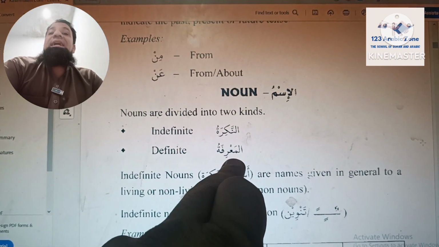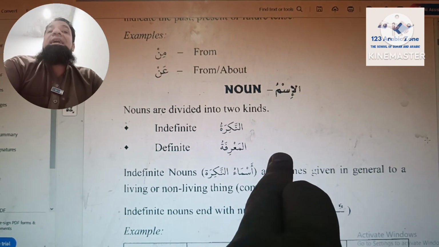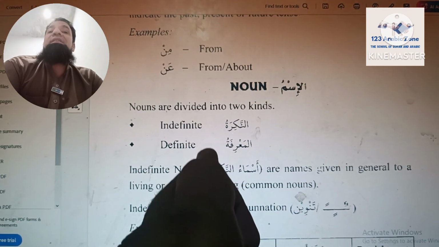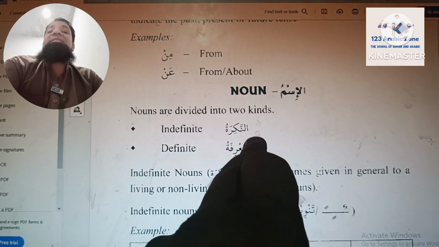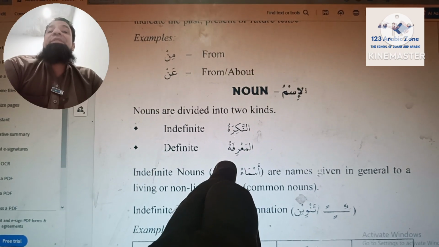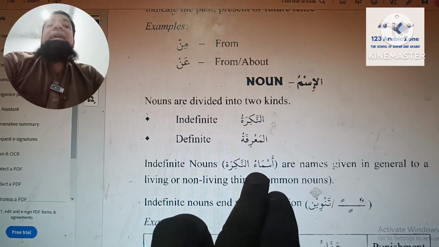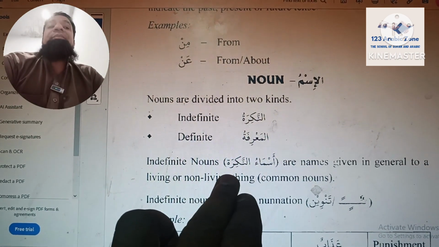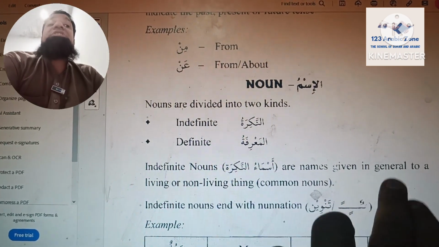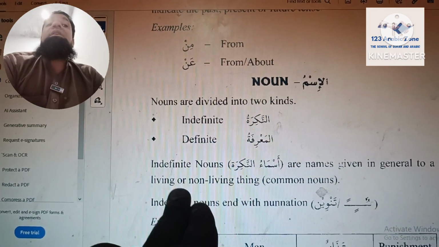Definite, al-ma'arifa, al-ismul ma'arifa. Indefinite nouns, asma'un nakira, are names given in general to the living or